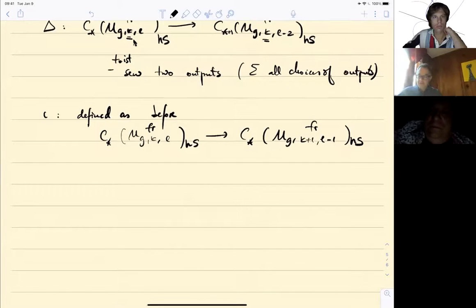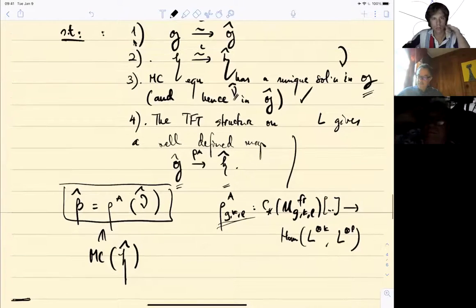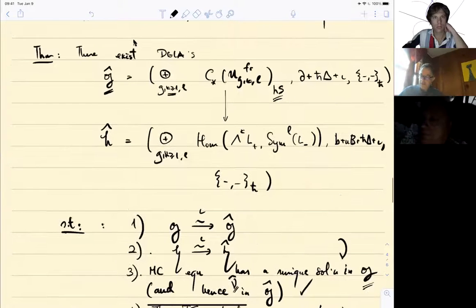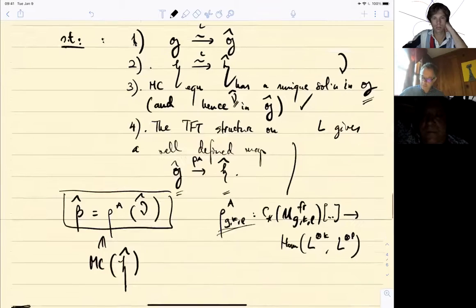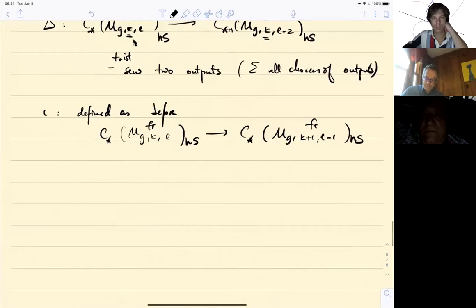The operators b plus ub and so on, b and ub, they become delta, the ordinary boundary operator. I've told you what delta is. I've told you what iota is. I need to tell you what this bracket h bar is, and that's kind of the only really new thing. So I'm going to define, first of all, a bracket